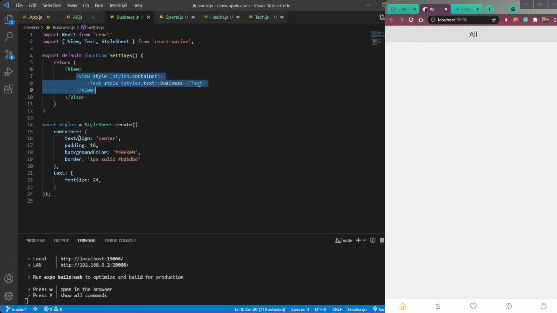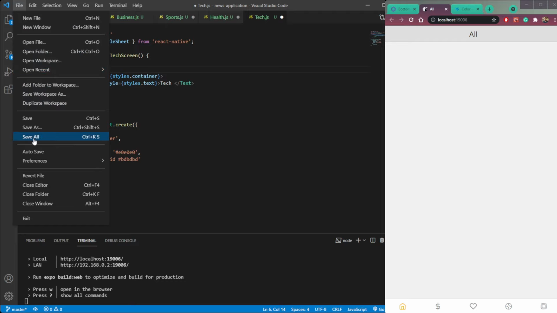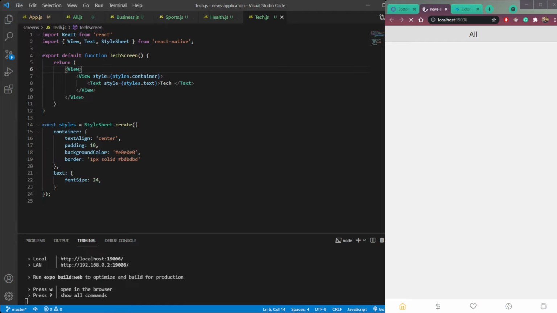We need to copy this background color also, and we already have it here and here also. So let's save all the files. Now let's check, we are on the home screen and we can see all, business, health, sports and tech.